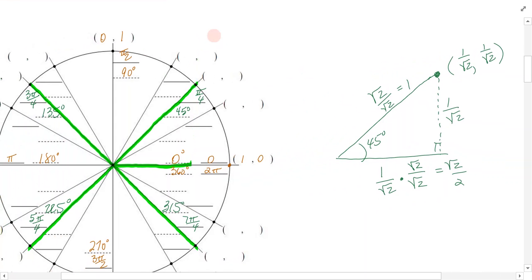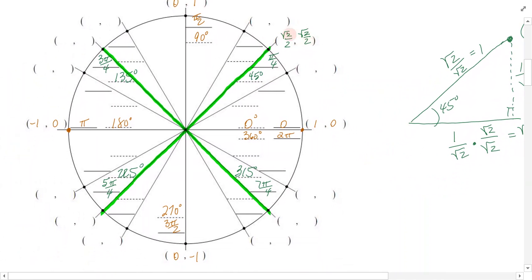So all of that is to say that now, if I'm thinking of an angle rotation of 45 degrees with a radius of only 1, then the location of this ordered pair has to be the square root of 2 over 2 and the square root of 2 over 2, because we've moved square root of 2 over 2 in the x direction, square root of 2 over 2 in the y direction. Well, now that we can see where that ordered pair comes from,